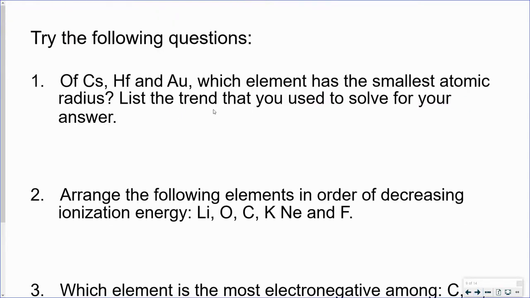So let's go over some of the questions. Cesium, hafnium, and gold. Which element has the smallest atomic radii? List the trend that you used. Well, we're going to use atomic radius. Okay. And if we're looking at our periodic table,